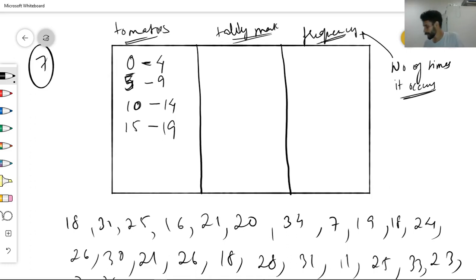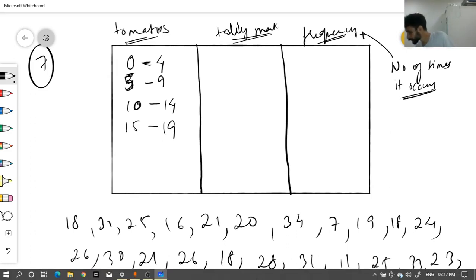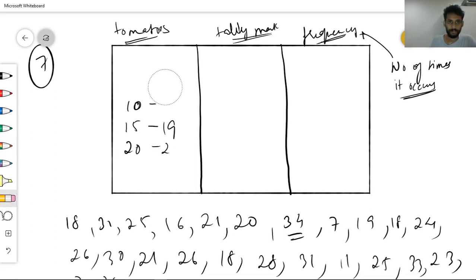What is the highest value here? You can clearly see the highest value is 34. So we have to go till near 34. Then 20 to, I have to write this little less,